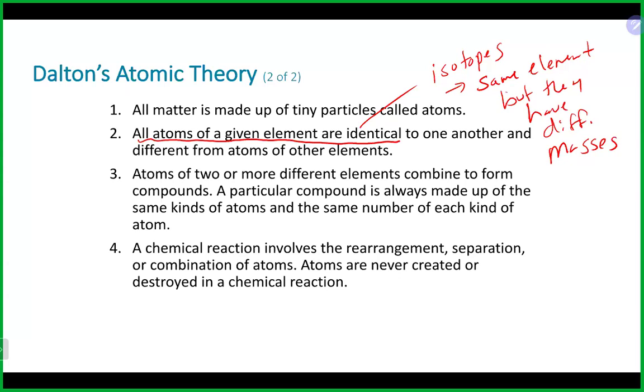So that is true. He also said that a chemical reaction only involves the rearrangement and separation of the atoms, and they recombine in a chemical reaction. And that is true as well. So in chemical reactions, the only thing that happens, as we'll talk about in some later chapters, is everything we start with, all they do is just break away their bonds, and then they kind of reassemble on the other side and make new substances. That only involves really electrons,